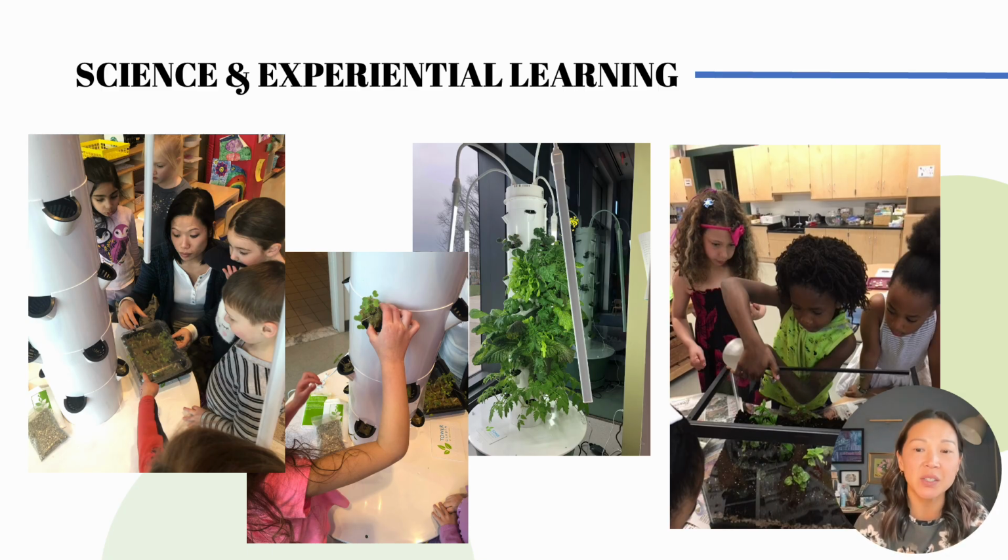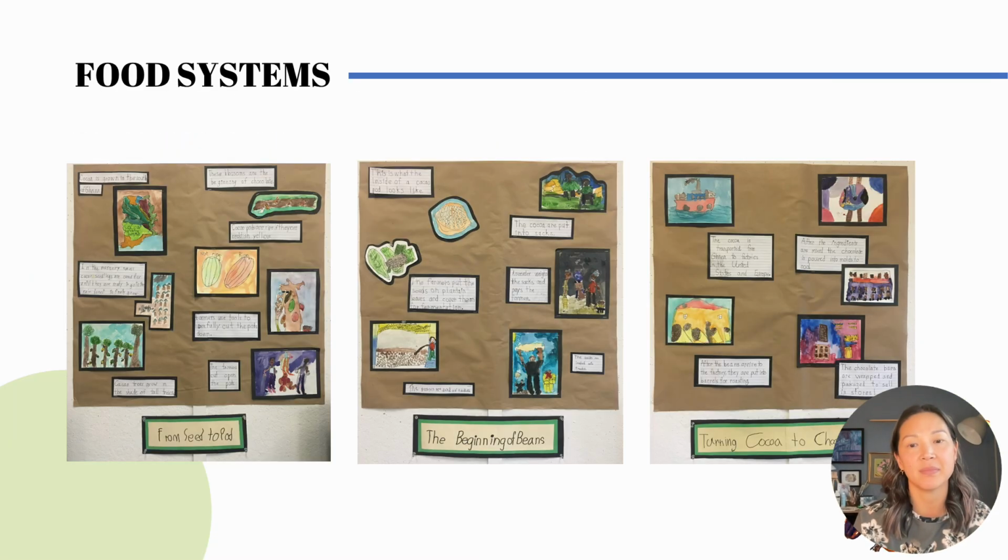For older students, you can see here that science extended from planting seeds to learning about different biomes and climates. Here you can see how arts integration was used to illustrate the cocoa bean to bar process. We found that our students became much more mindful consumers and purchasers of chocolate once they learned the extensive process and hard work that went into creating a single chocolate bar.